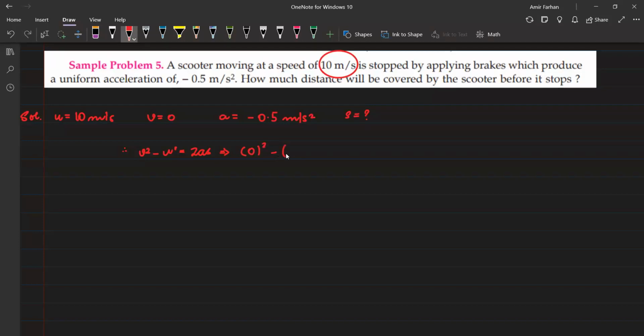v square minus u square is 10 square, which equals 2 into negative 0.5 into s. Okay, so the negative sign is there. So 10 square is negative of 100 is equals to negative of 1 into s. So this minus will cancel this minus, so s is coming out to be